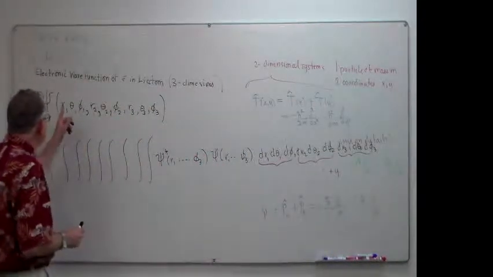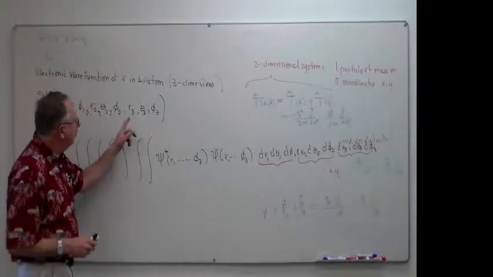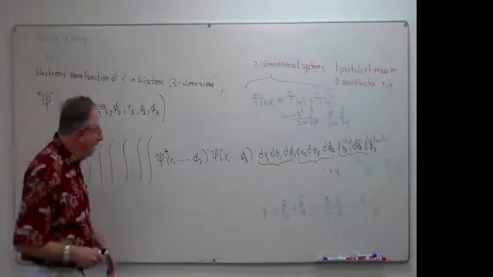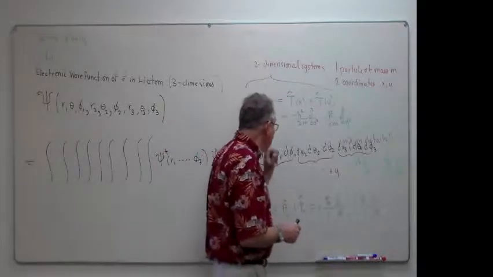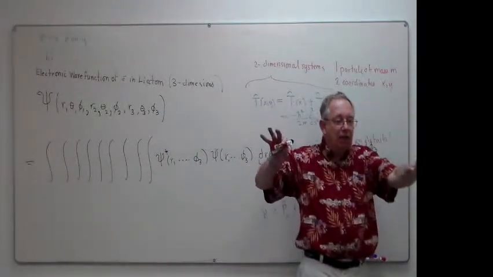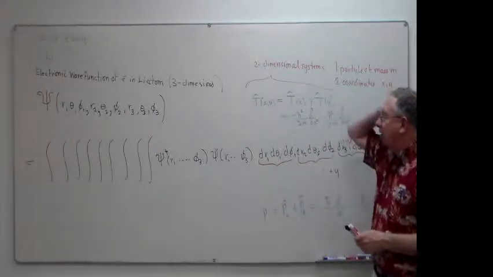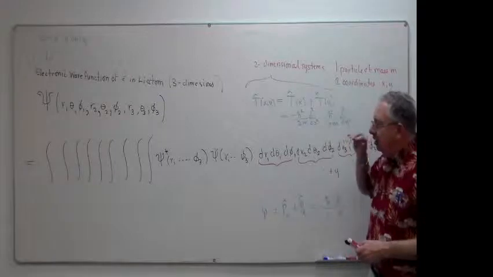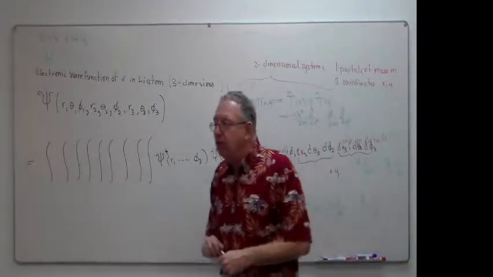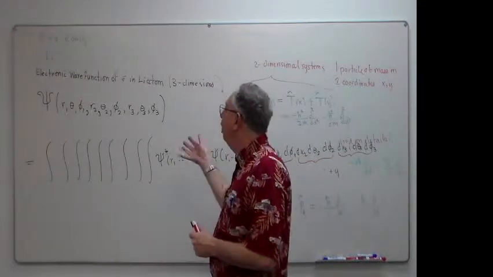Now, if I did it Cartesian, I'd have x1, y1, z1, x2, y2, z2, x3, y3, z3. Here I have r1 theta 1 phi 1, r2 theta 2, and so on. So I still have 9 coordinates. I can choose which ones I use. Now, if you want to do general chemistry or general biology, are you going to think about 9-dimensional